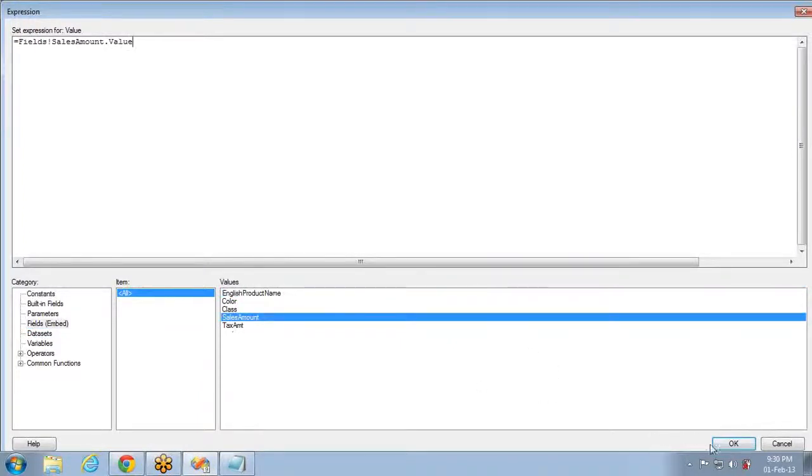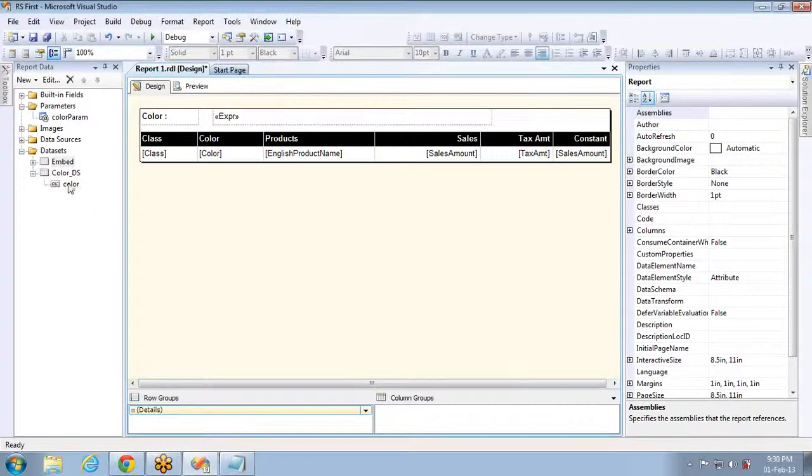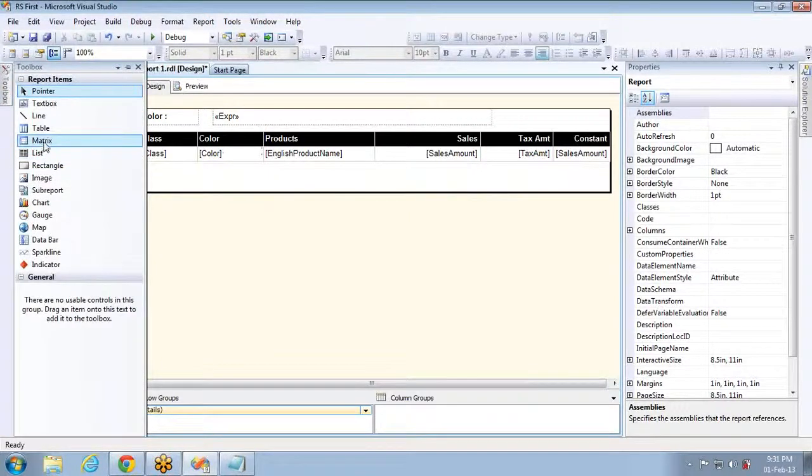Both are one and the same. So this is about the fields. And the next one is data sets. Let me take a text box here to demonstrate the data sets.